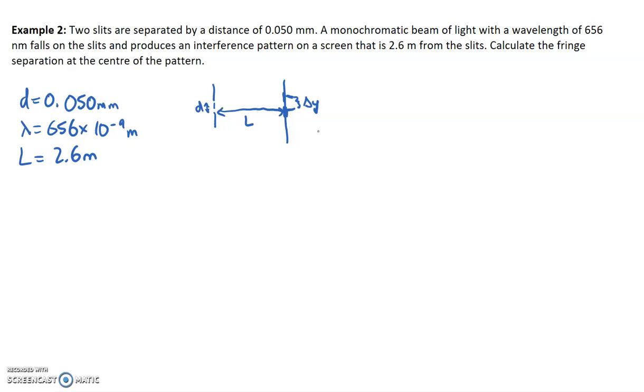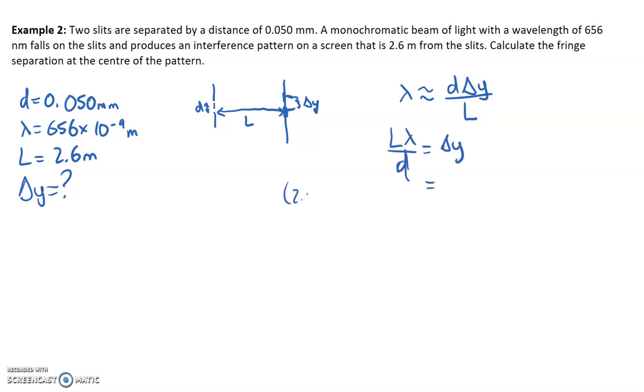The distance of the fringe separation at the center is going to be the same as the fringe separation everywhere else. It'll just be easier to see at the center because it's brighter. In this case we are able to use this equation, which says that lambda is approximately equal to d delta y over L. We're trying to solve for delta y, so we're going to rearrange this to get L lambda over d, and delta y is isolated. L is 2.6 meters. Lambda is 656 times 10 to the negative 9, which is 6.56 times 10 to the negative 7. And then we're going to divide all that by